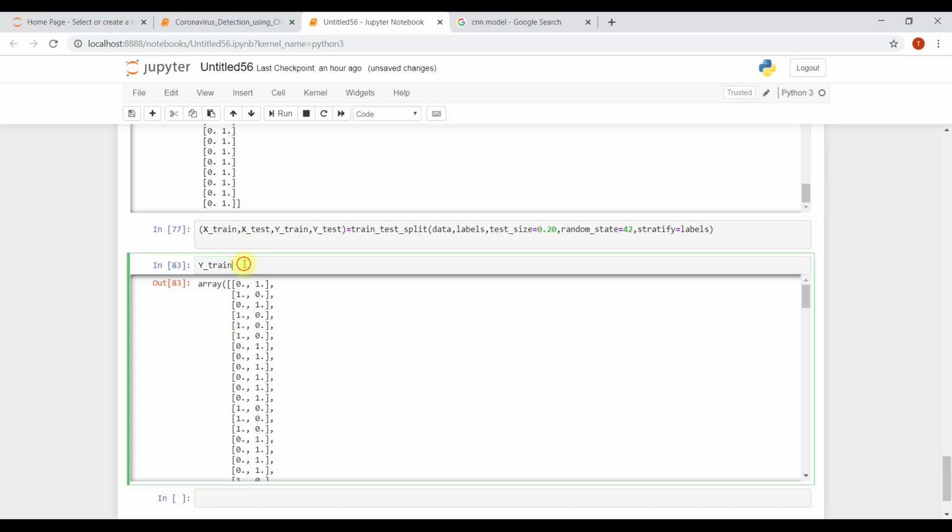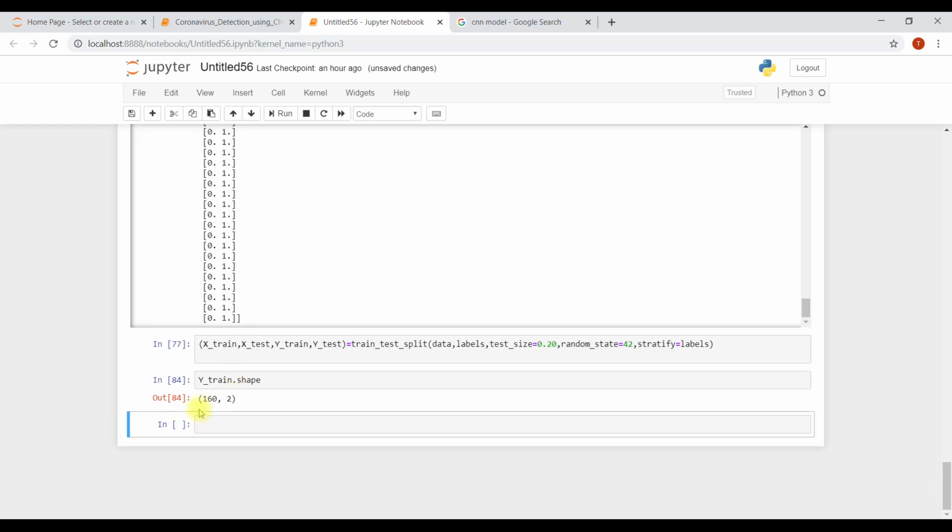They have split it in a random way. And it's 2 because we have only two classes: 160 images of two classes, normal and COVID. The same goes for y test, it's going to be 40 by 2.